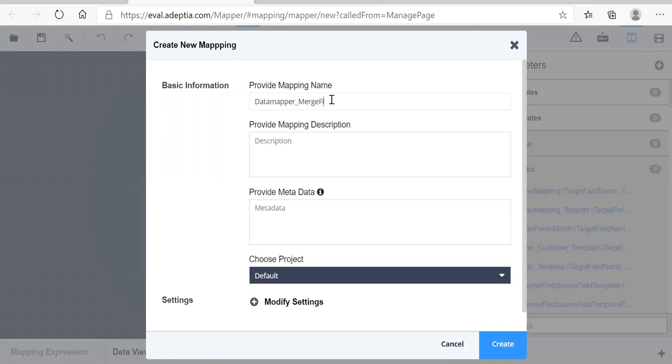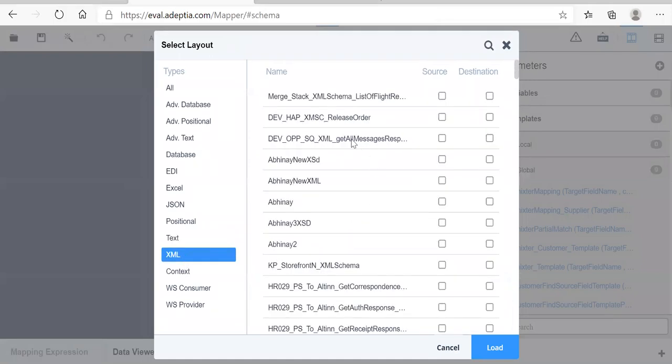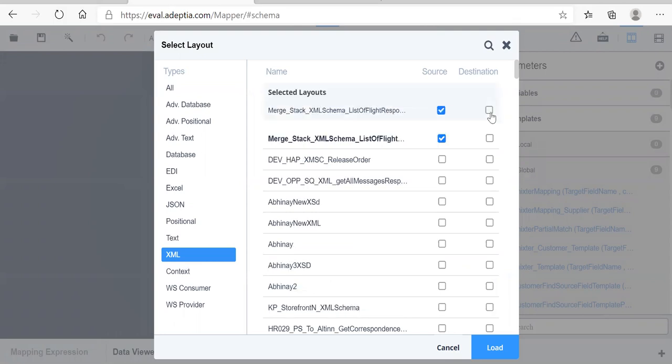Merge. Let me add the XMLs again. I'm using the same schema which I used in the last session because the structure is the same.